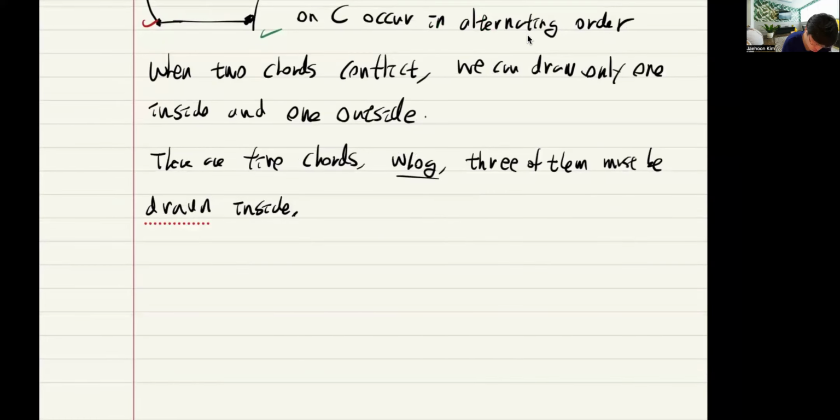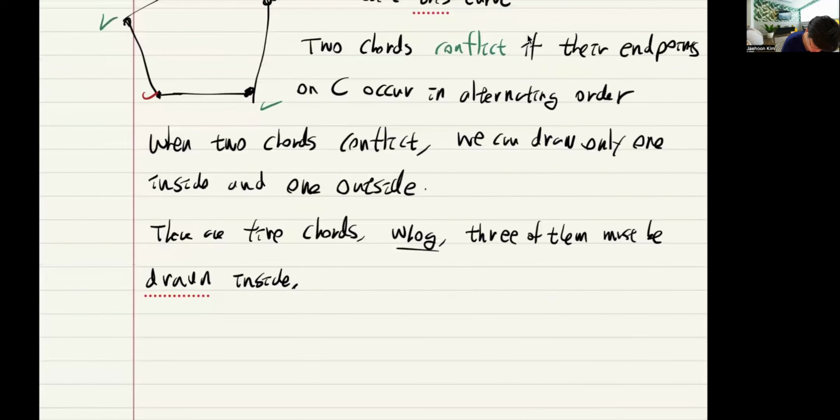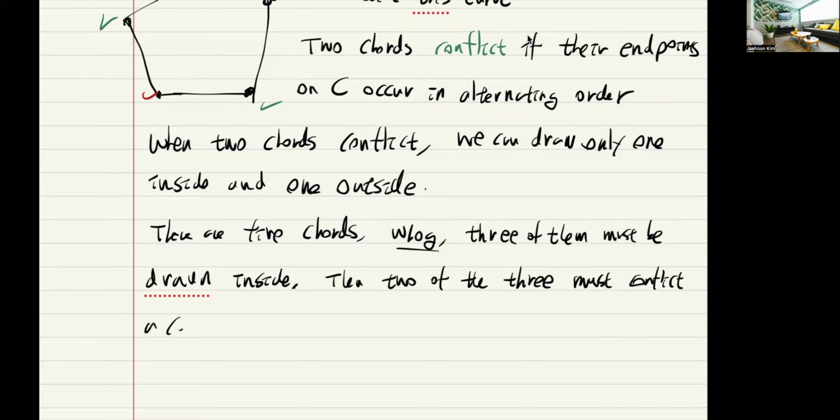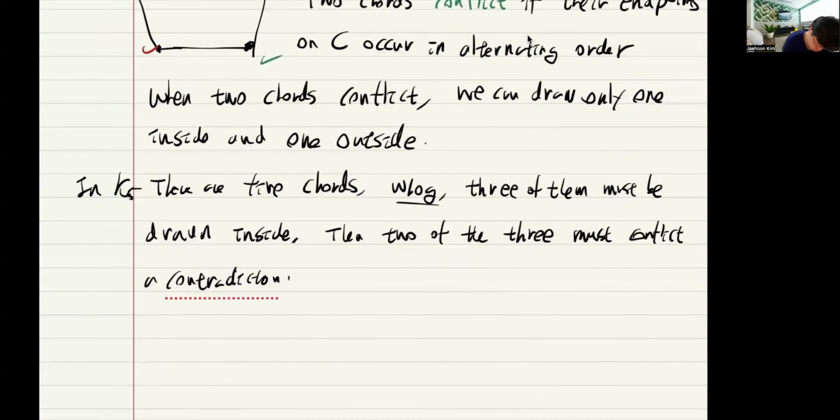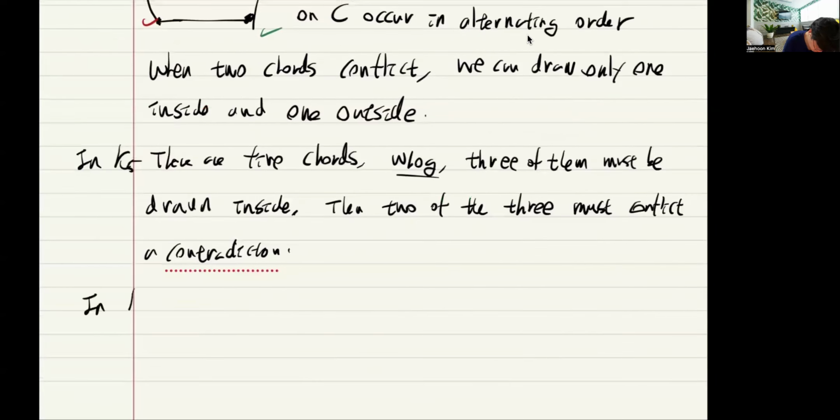But then what happens? It's easy to check that then two of the three must cross, a contradiction. Did it in K5. In K3,3,